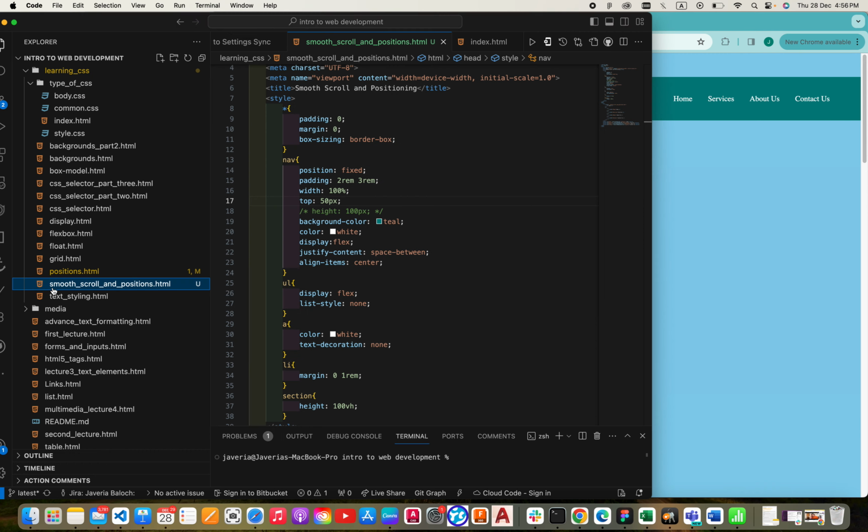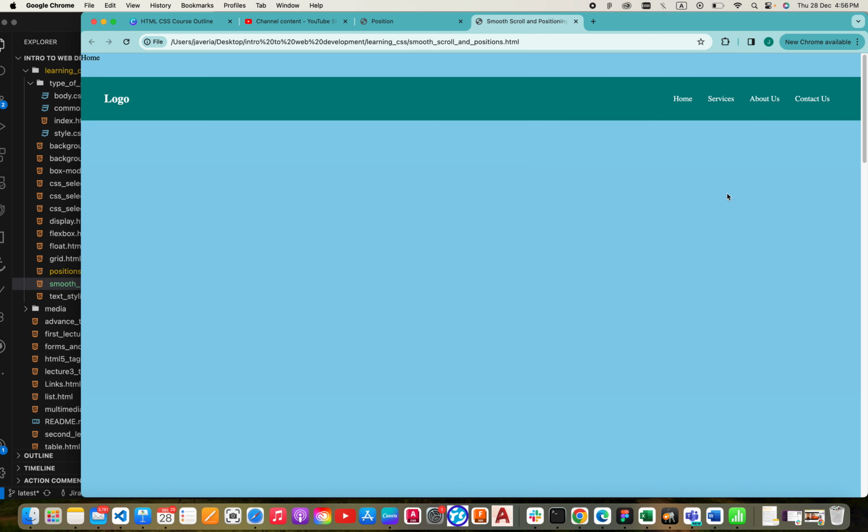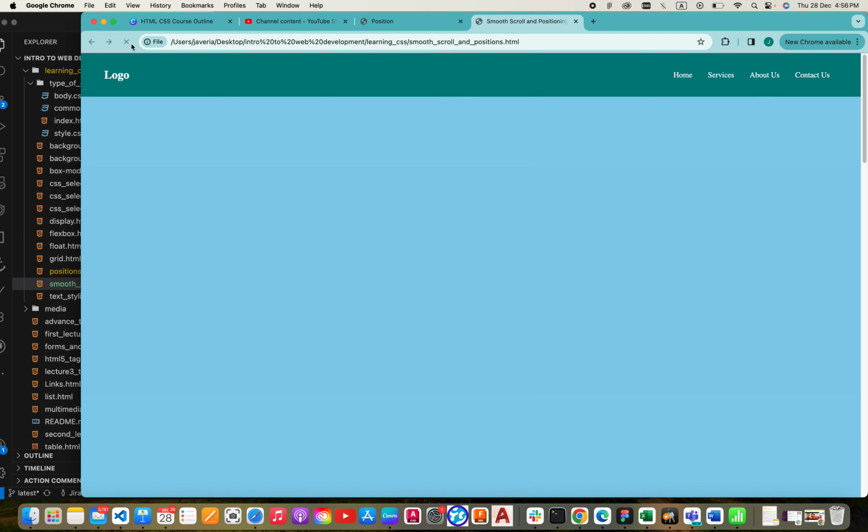top. Same goes with the left and right. You can define it as left 50 px. Come here, refresh, and here you can see it has taken a distance of the 50 px, but we don't need these both, so therefore I'm going to close it like this and come here and refresh. So now it's working fine, but I want to show you another positioning method in this, as this is the